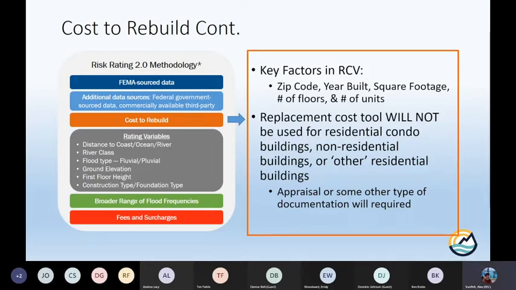Rodney, don't worry too much about what the other residential buildings are. There are going to be very few of those, and it's not as relevant for us as floodplain managers. That's more for the insurance agents themselves, because there's going to be additional documentation. I've asked a couple times, can you give me a specific example of what an other residential would be? And I've not really gotten a great answer. So, Rodney, to answer your question, I'm not really sure, but don't worry too much about it. It's not going to affect you all as floodplain managers.